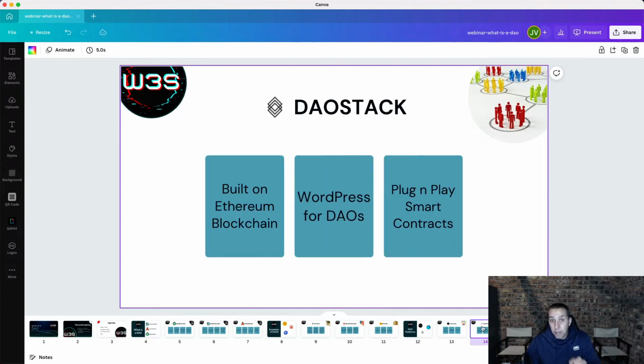If you go into DAOstack right now and you try and create a DAO, the minimum amount required just to spawn your DAO on DAOstack is about $290. That's the minimum amount just to get it up and running. And this is usually a no-go for a lot of people that are still brand new to DAOs and don't know if they're ready to throw that kind of money at some sort of collaborative organization